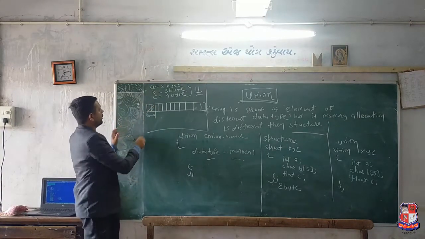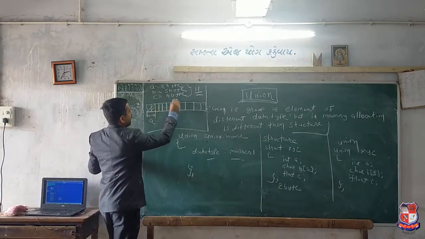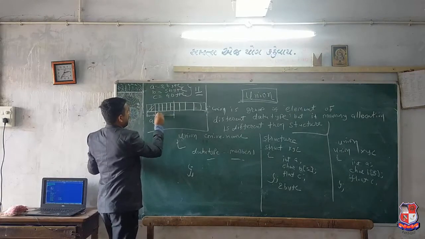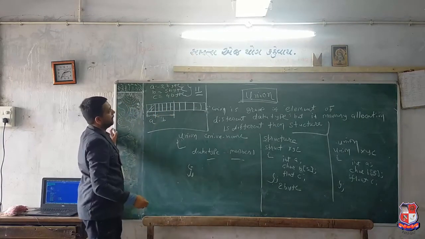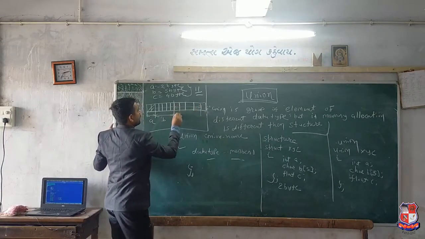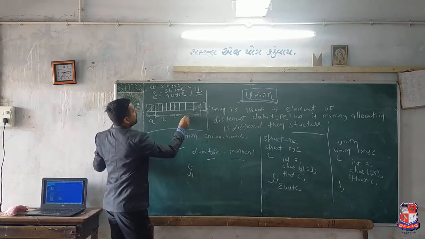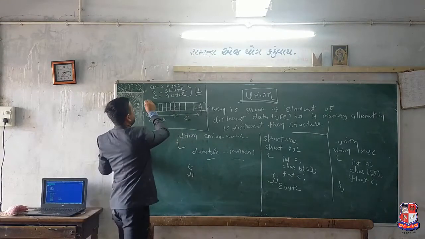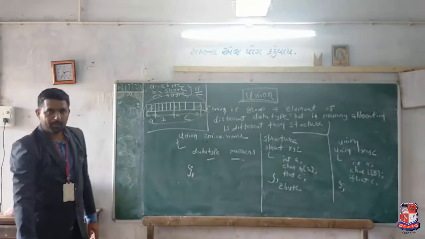First 2 bytes put the integer a. One, two, three, four, 5 bytes put the character string, and four bytes put the c. The total 11 blocks are used in the structure.